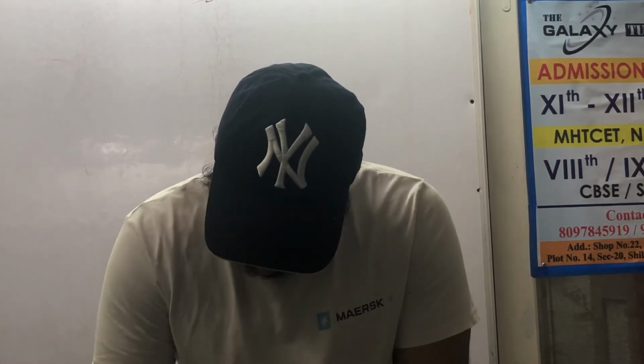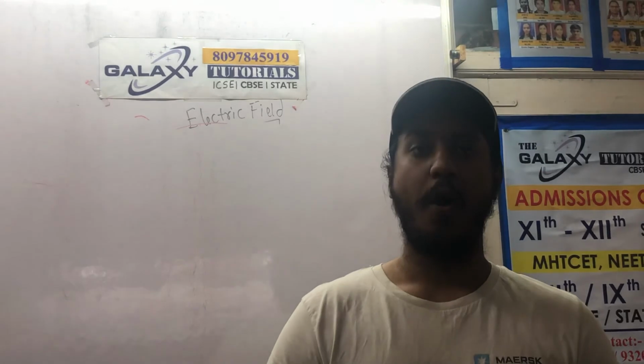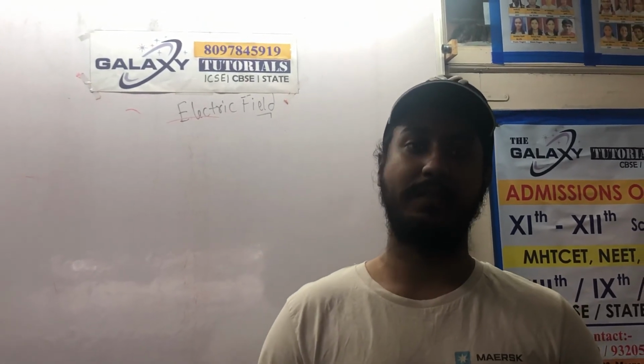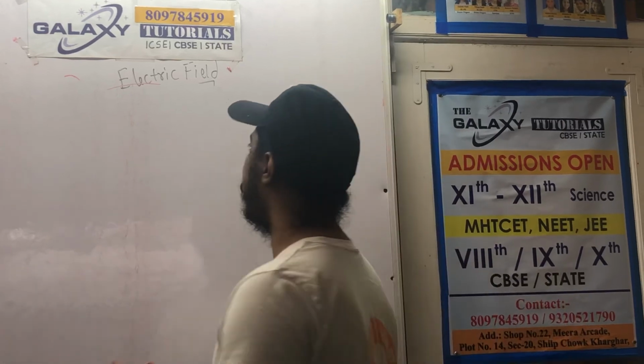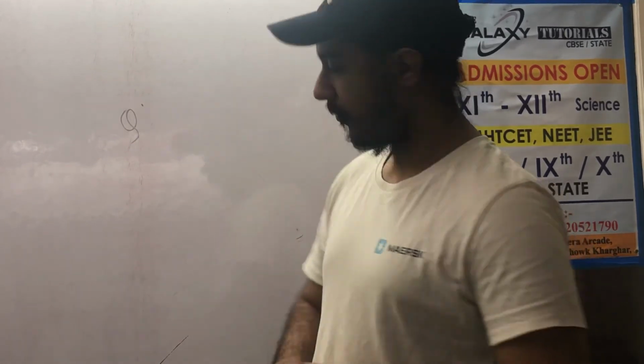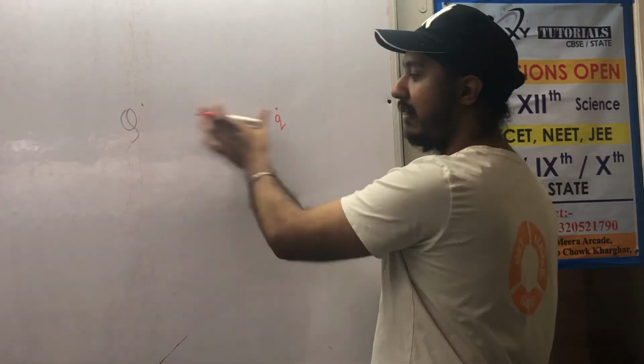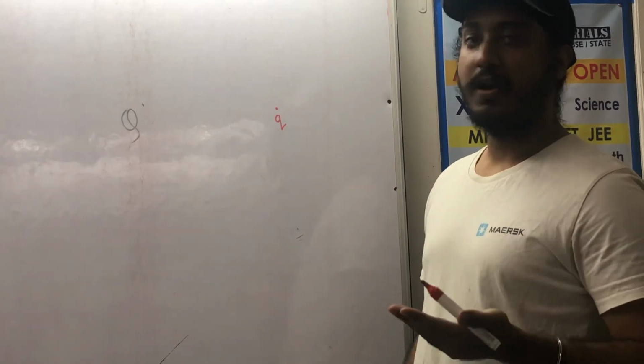Okay, so the next thing that is important is, what is the electric field intensity? Electric field intensity is a method of representing the strength of the electric field. I already told you, whenever you bring a unit charge, it will experience a force. To find out the strength of the electric field, we bring a unit charge here, and we try to find out the force between them.